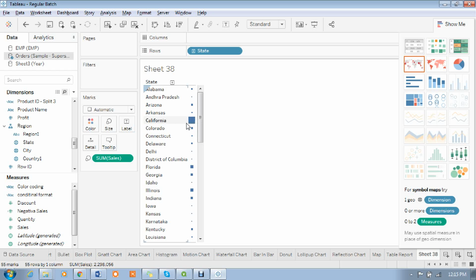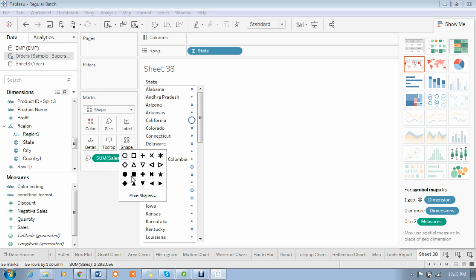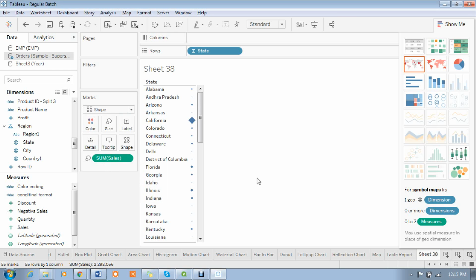It is also highlighting. Based on the value, a circle or something will be here. You can apply circles also, like shapes, we can add in the view. Okay, I want to display the sales here, the entire view.